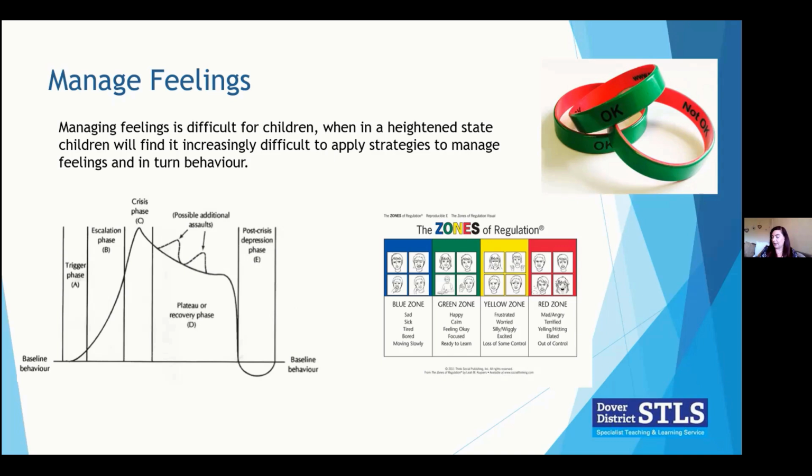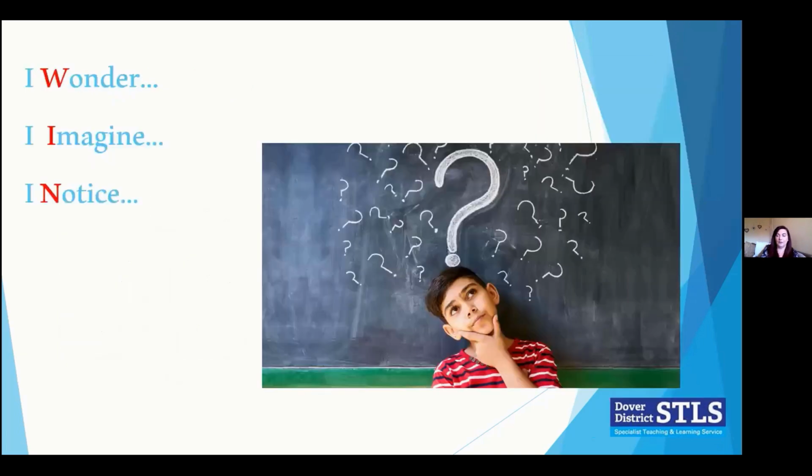Another thing that Claire mentioned is that all behaviour is communication, and we need to ensure we're actively teaching this to children, that all feelings are valid, and it's how we manage the feelings. So it's not the feelings that we don't want, it's some of the behaviours that are displayed because of the feelings. And that's really important to let children know. So using social scripts that are consistent amongst all staff are really useful for managing emotions.